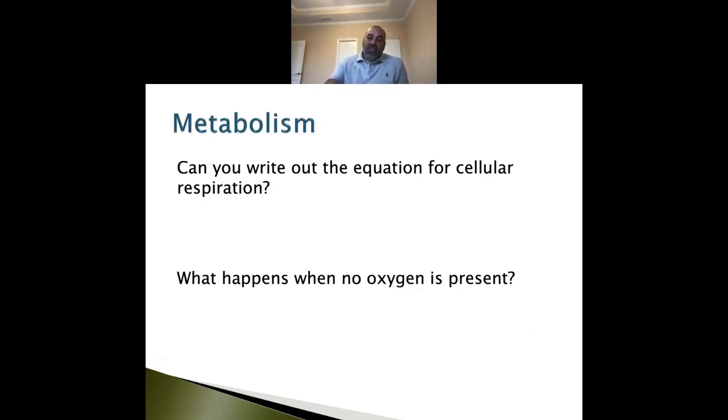So, what happens if you don't have oxygen? You die. Yes, but locally at a muscle, let's say there's not a high oxygen load, what is it going to do instead of cellular respiration? It's going to go to glycolysis and then fermentation. And how much ATP do we get from that? Two. Very inefficient system.